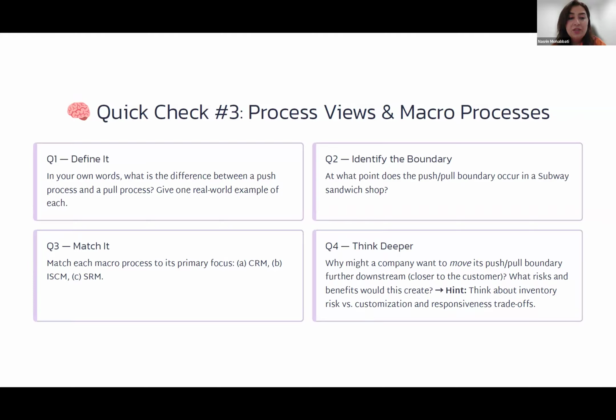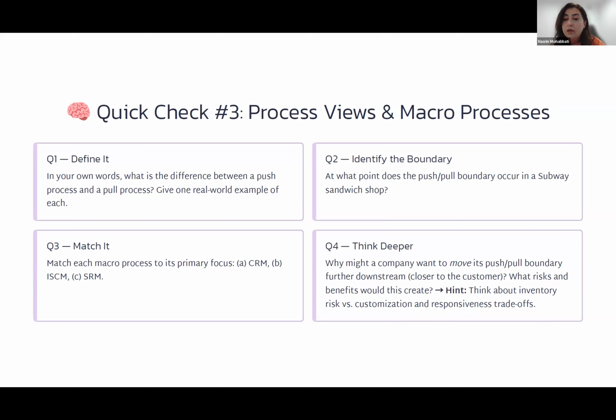And then match each microprocess to its primary focus. What is the focus of CRM? What's the focus of ISCM? What's the focus of SRM? Please explain. And then why might a company want to move its push-pull boundary further downstream, meaning closer to customers? So why some